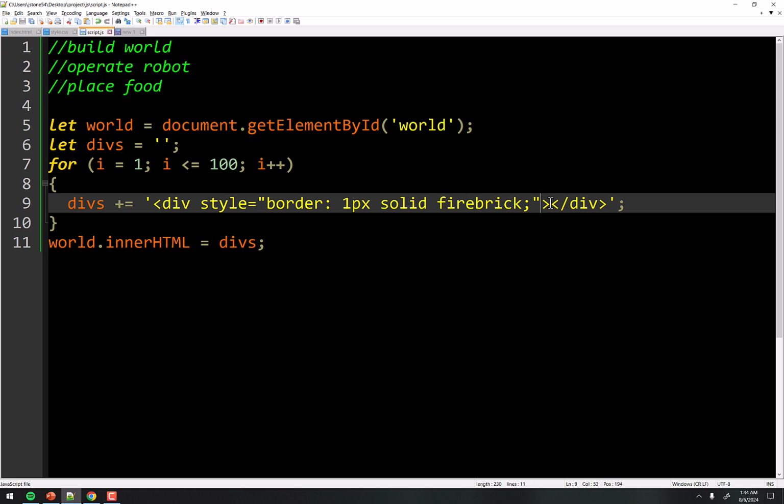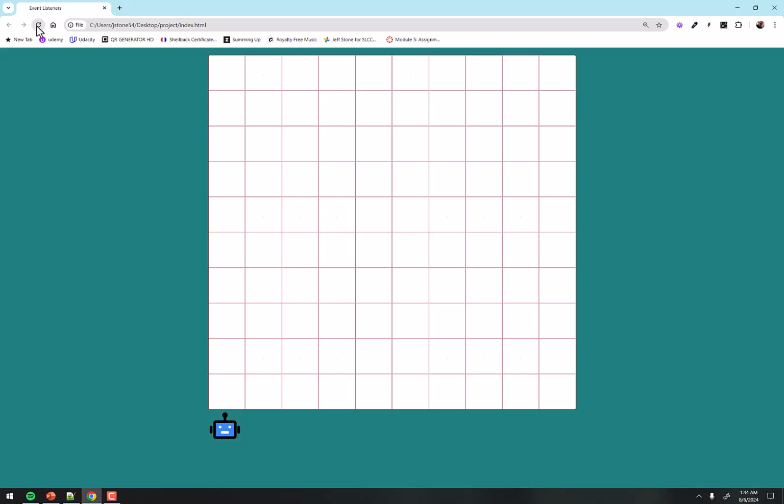The other thing you may have remembered in the demo was there was like a cross or something right there in the middle of each div. And so that was just done with a paragraph with a plus symbol. So now we have this. And each of those divs are display flex so that I can use align items and justify content to put those pluses right in the center. So that's our world. I mean, that's pretty much it.